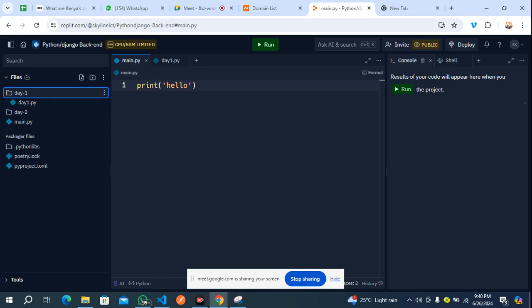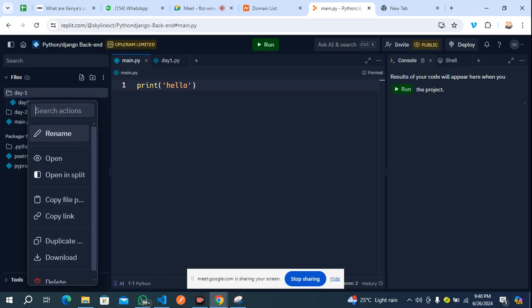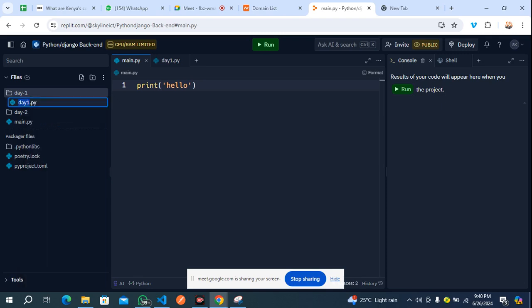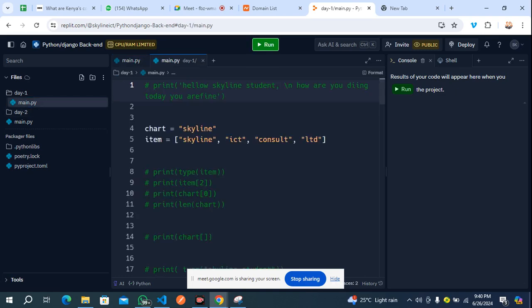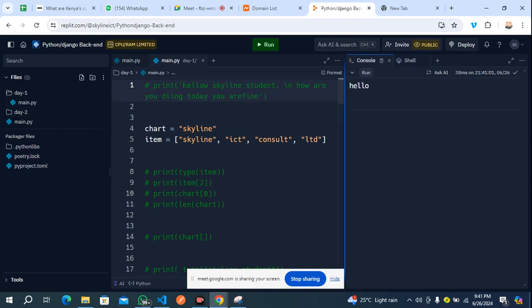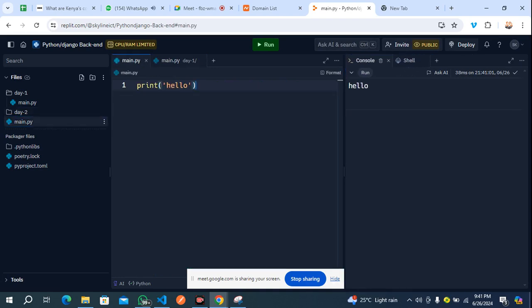Now, if I come here and rename this file in day 2, the day one file rather, to main.py, and I try to run it, it's not going to run. It will still run this particular file.